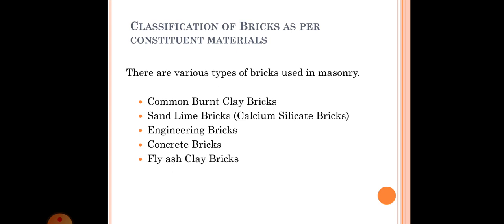Now coming to the sand lime bricks. Sand lime bricks are made by mixing sand, fly ash and lime, followed by some chemical process. Such bricks have very good strength, and they can be used as load bearing members for any structures. Then coming to the engineering bricks. The engineering bricks are manufactured at very high temperatures, and they offer excellent load bearing capacity, and also they are moisture proof or damp proof, and they resist chemical action. So these are the bricks we call engineering bricks.